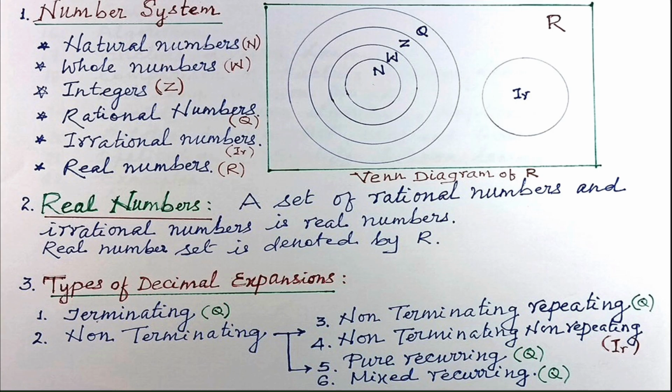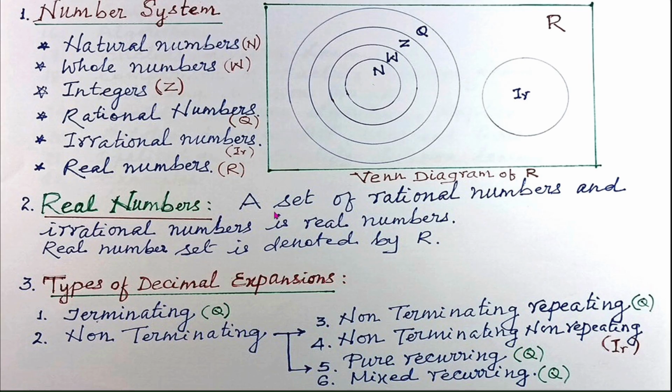Now, what is a number system? The number system comprises natural numbers, whole numbers, integers, rational numbers, irrational numbers, and real numbers. I have separate learning sessions on all of these numbers. You can please go through them to understand the concepts which we are going to discuss in this learning session